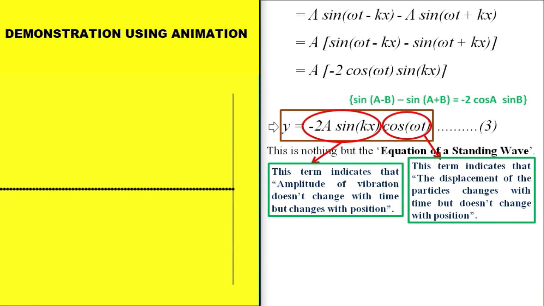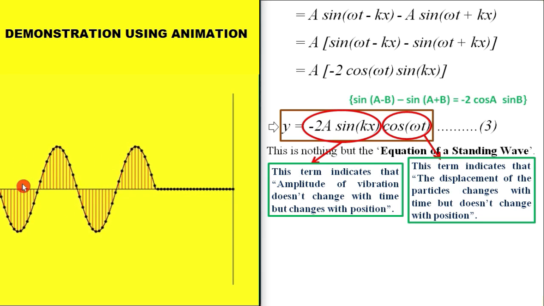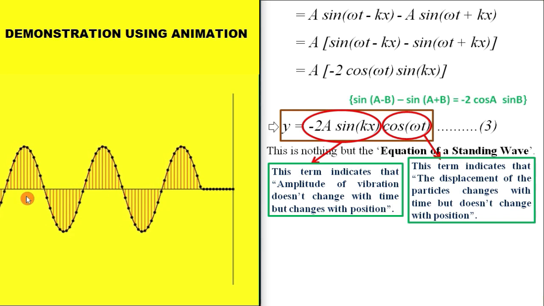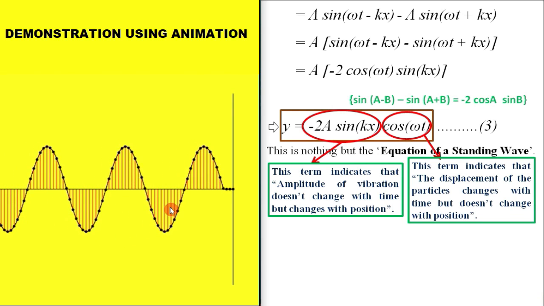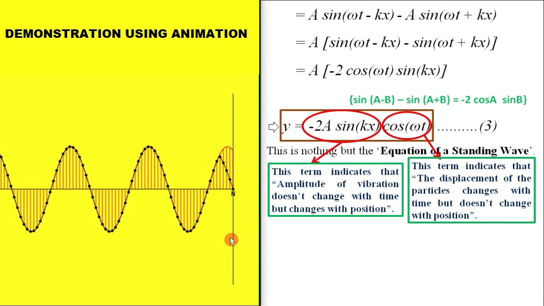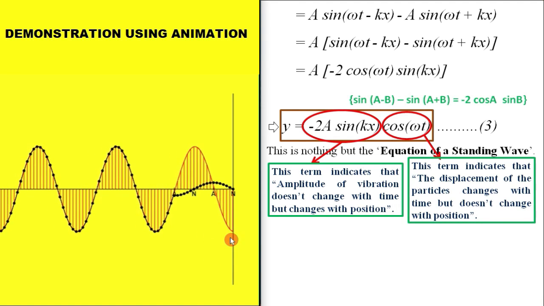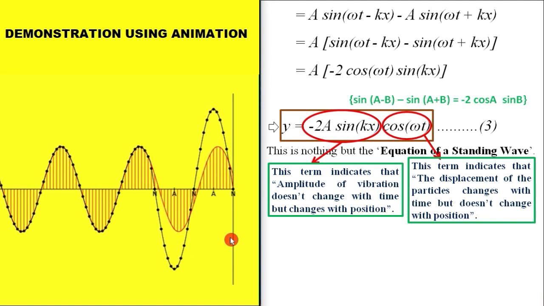Let us again go to the first part. See, here this particle came to here. After some time, the nearby particle also comes to that position. If you watch this particle and this particle, you will find that both of them are achieving the maximum and also the minimum, and achieving each and every point here along the y-axis, like the previous or the after point. Means in a progressive wave, every particle has equal amplitude. Just they are achieving that amplitude or maximum position at different times.